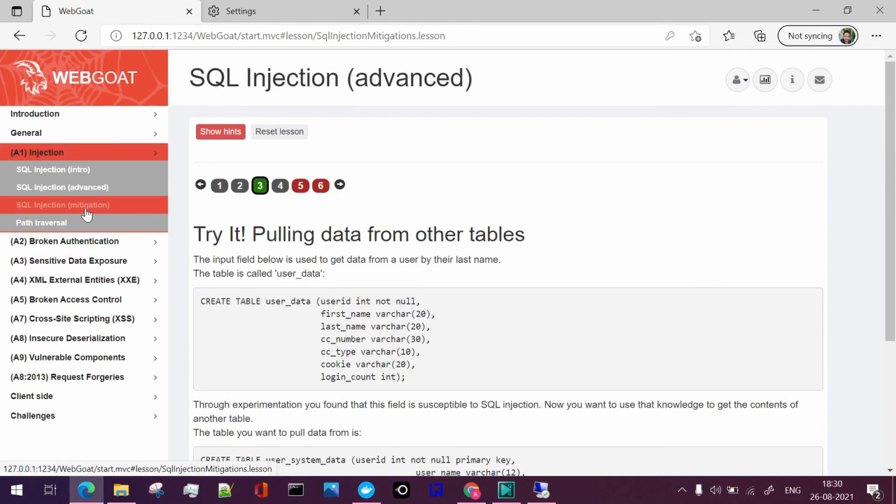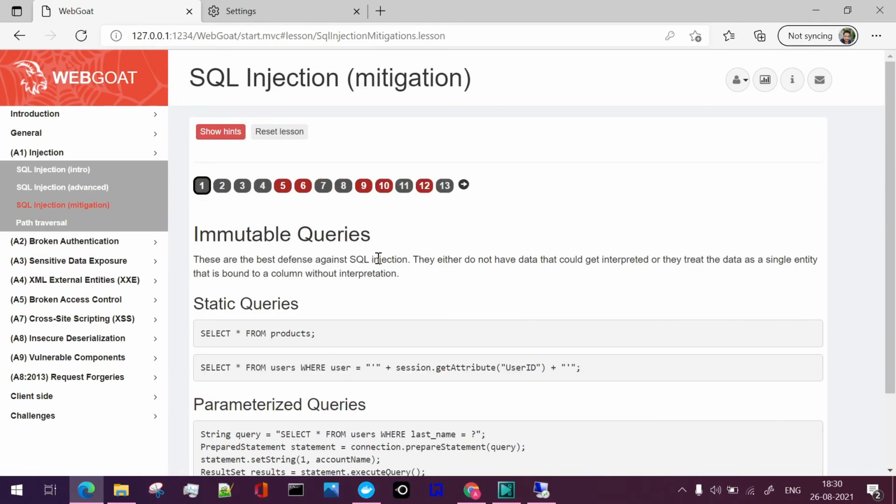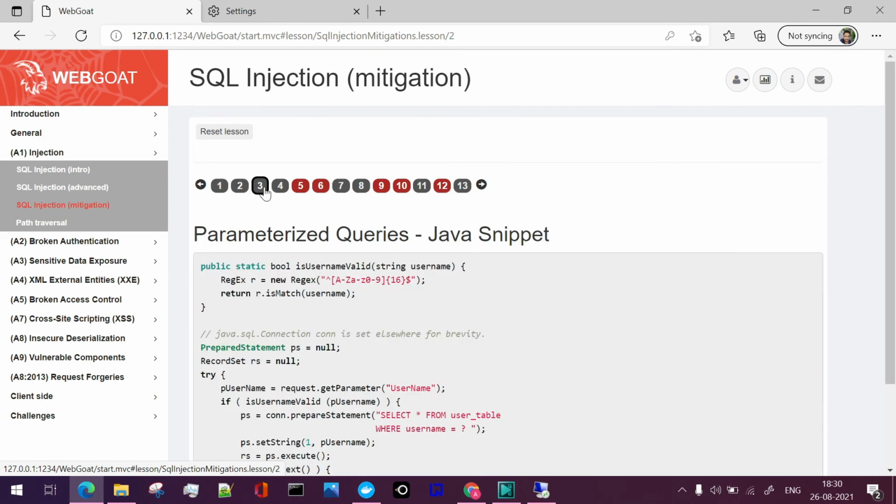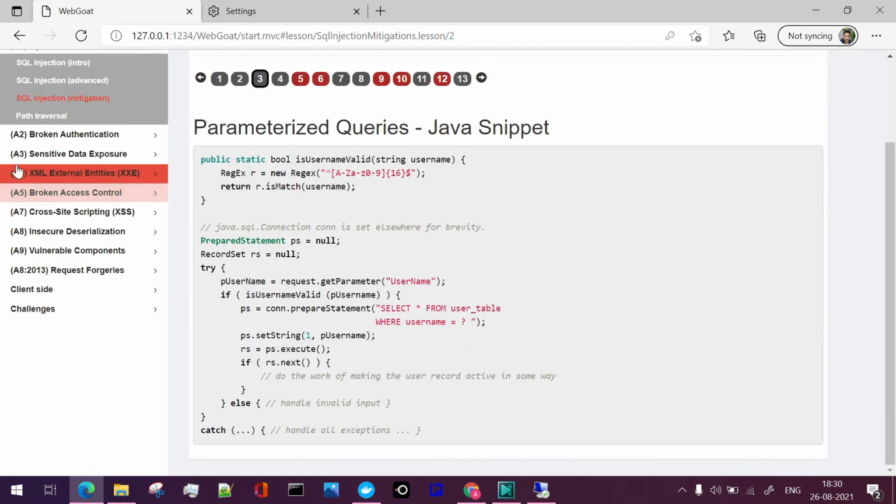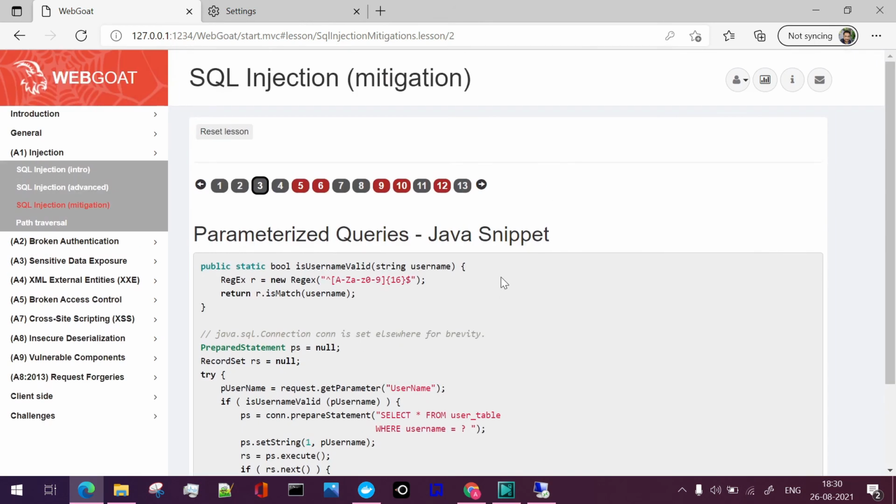From a mitigation perspective, there are also very good explanations about everything which can be used for mitigation of SQL injection vulnerability. You can go through these topics as well, and if you have any doubts, just ping in the comment section.